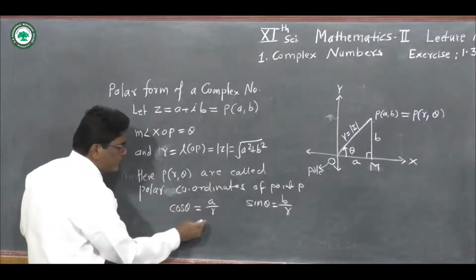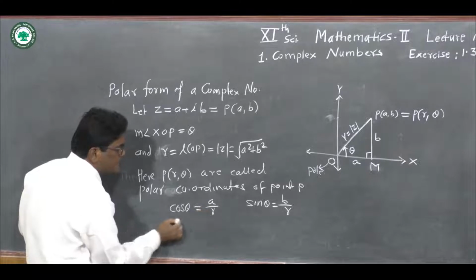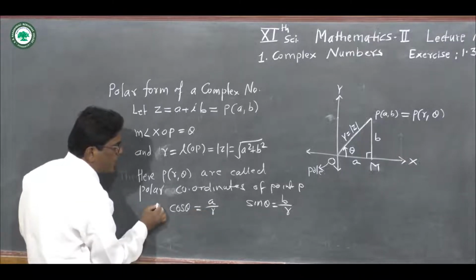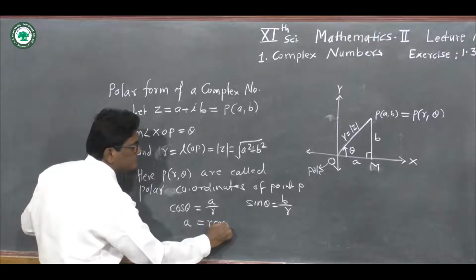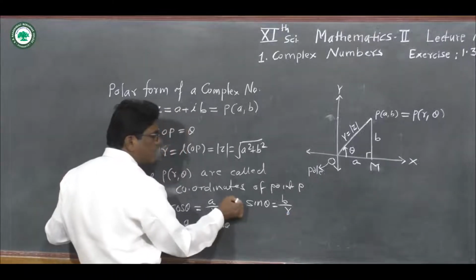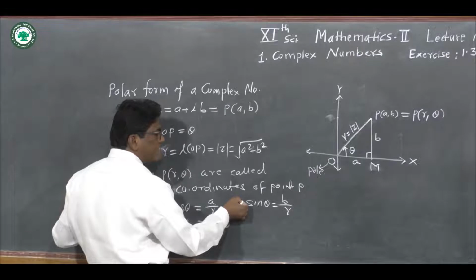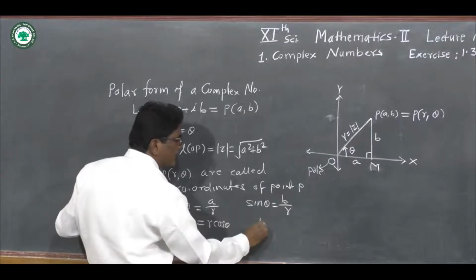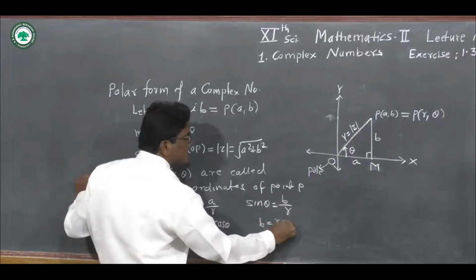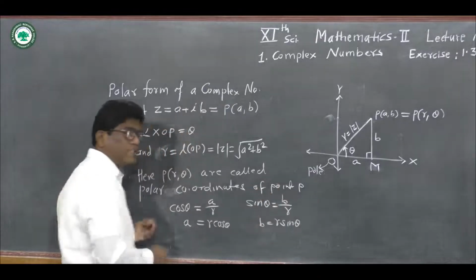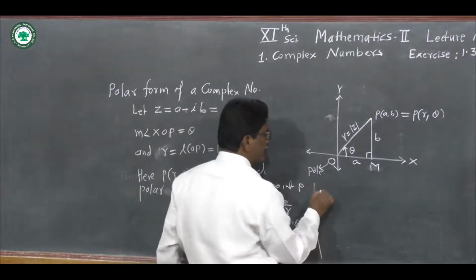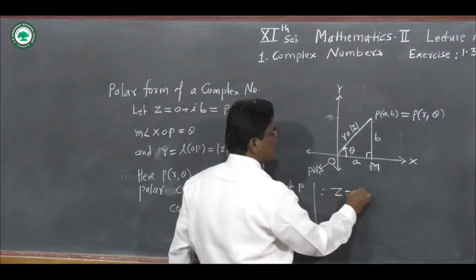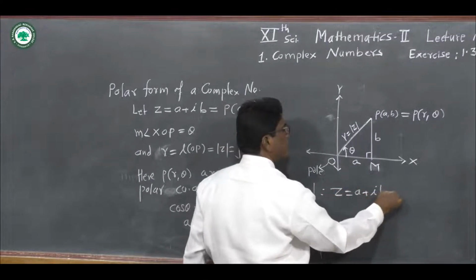And from this we get A is equal to R cos theta. Carrying R to the other side, we write A on the left side and R cos theta on the right. Similarly, B is equal to R sin theta, R into sin theta. We get the values of A and B. Therefore, the complex number Z is equal to A plus I B becomes